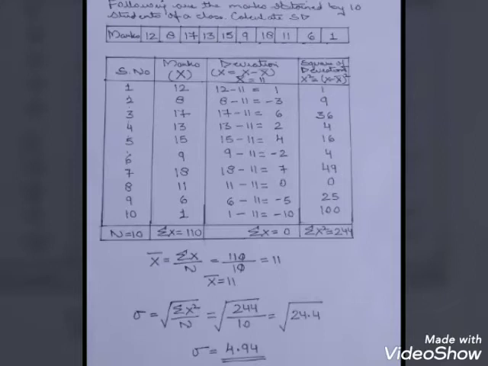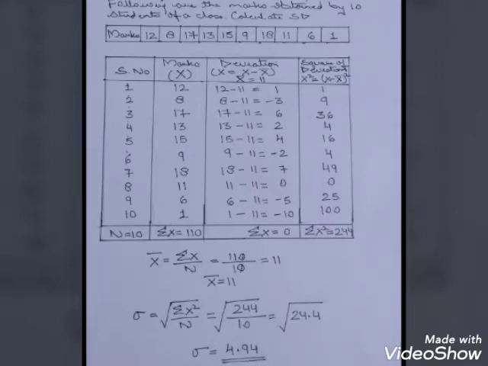Now the square of deviation we will take out. To take out the square of deviation, what you have to do is square the x. That means the deviation which you have calculated from x minus x bar, which you have already written in the column of deviation, you have to square it, because now we are going to make the square of deviation.